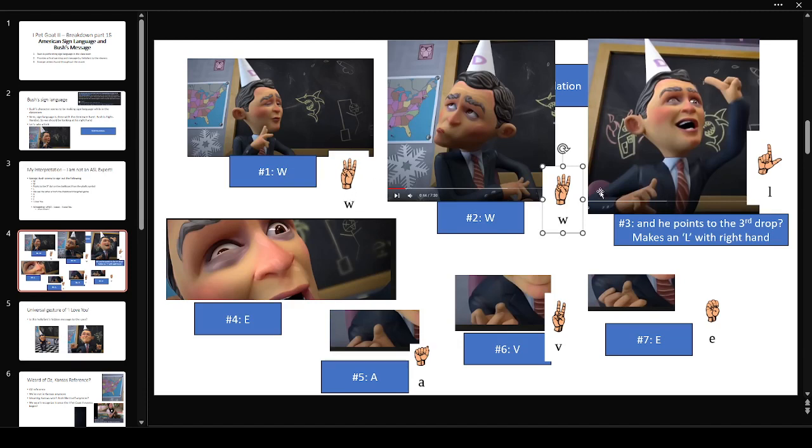Okay, so WW3. He's now signing an L with his dominant hand. Okay, index and thumb are out. All others are cramped. Then it zooms in very particularly on this dead man symbol with just the letter E. So L-E, A. Now his right hand is kind of down and almost hidden,